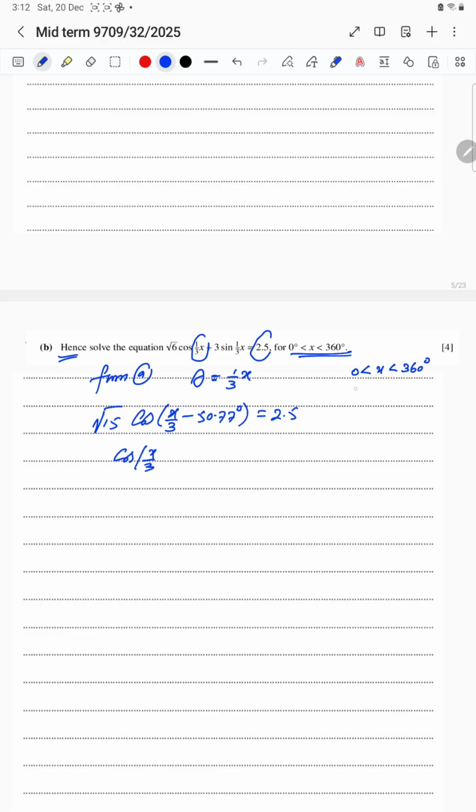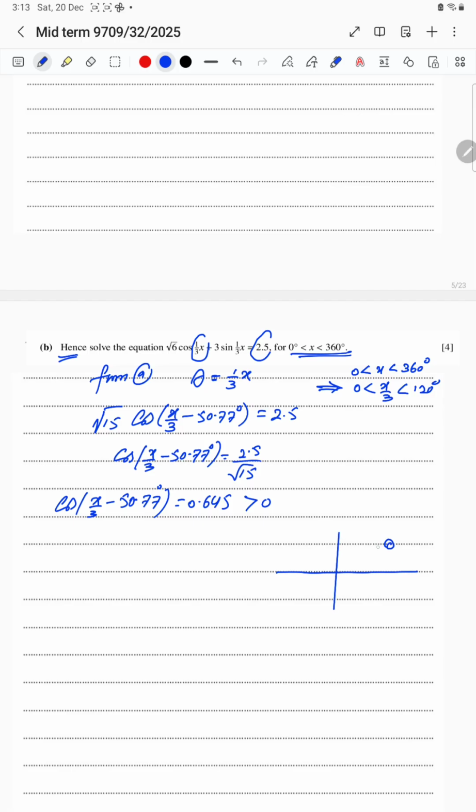I have to get 1 by 3, so it will be x by 3 less than 120. Let's see further. And this minus 50.77 degree as well is equal to 2.5 over root 15. So cos of x by 3 minus 50.77 gives to be, you will write it 0.645, and cos function is positive. So for the 360 we know that it can be positive